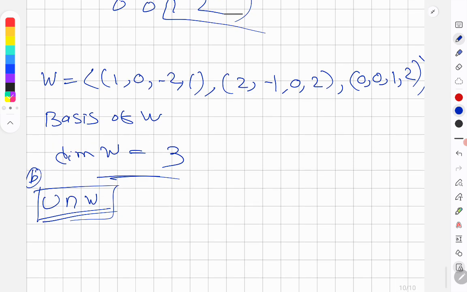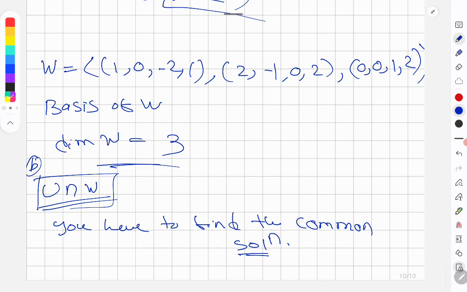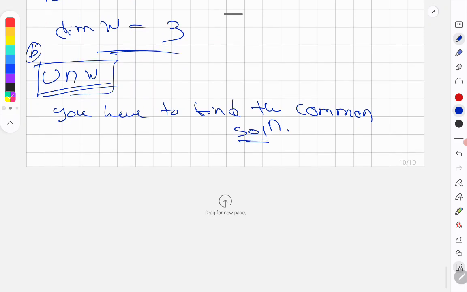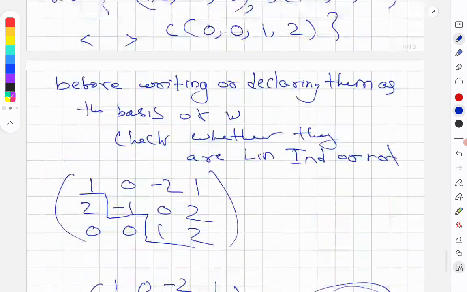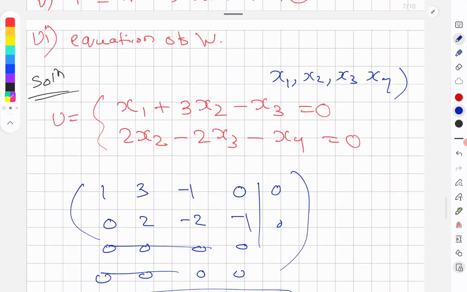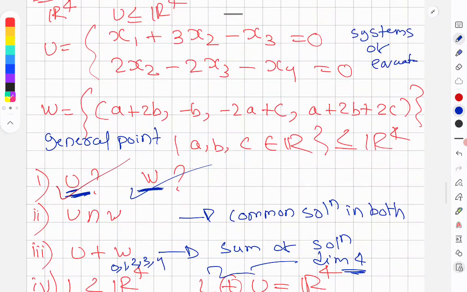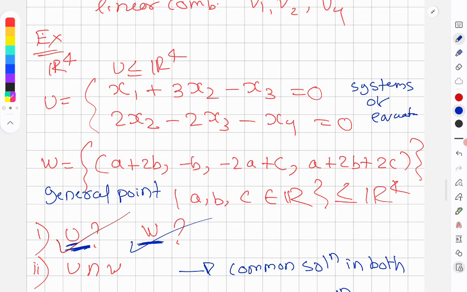So U intersection W. Here you have to find the common solution between U and W. There are several ways to do it. Okay, so now you imagine you have U, you have W, and you want to find the common solution, the